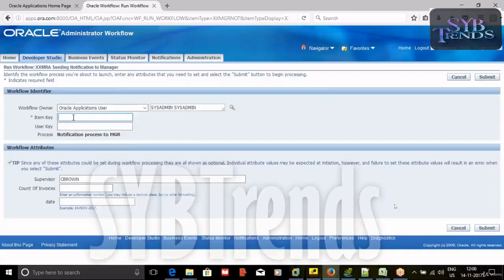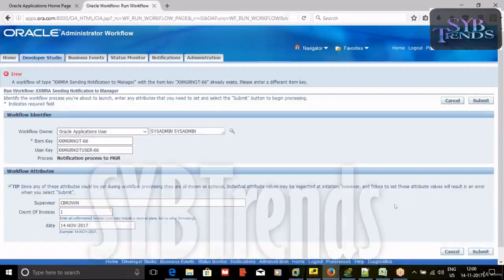So here item key as 66 I'll give, and item user key as 66 I'm giving. And here the supervisor. See, earlier you got only supervisor. Now you are getting what? Two more we are getting. So here, what are the number of invoices you want to print here? Number of invoices are 1. What is the date? He is mentioning what is the date example. So DD is 14 November 2017. So all these parameters you have mentioned here. Submit. These are all attributes have been assigned. Submit. XX item key already exists. So what is the